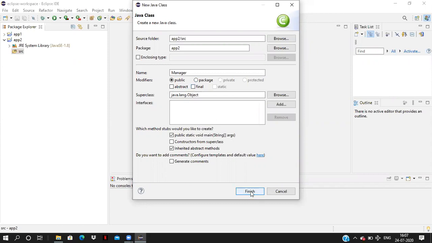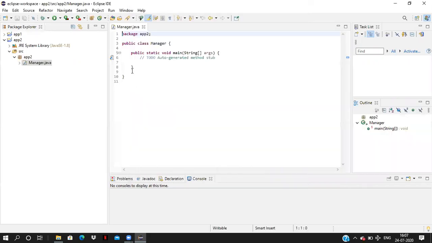Now I am creating the class with the main method. Control D is for deleting any line of code. Today we can learn what a wrapper class is. Now inside the main method, first I'd like to write a program for us. Inside the main method, I'm declaring one integer variable, int i = 100.